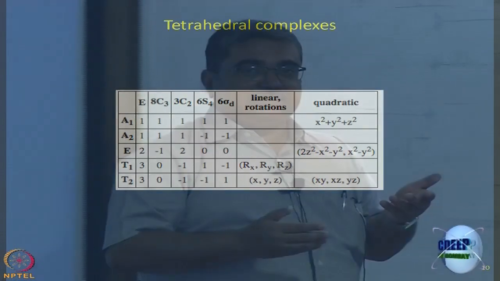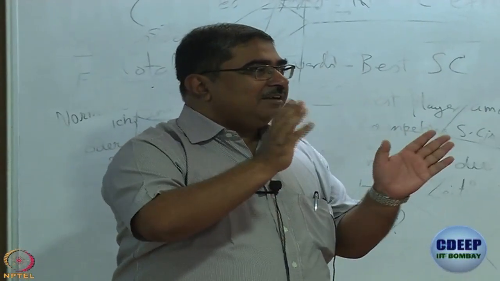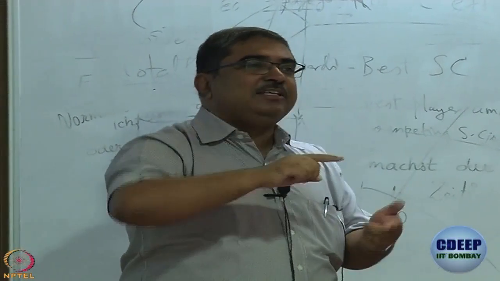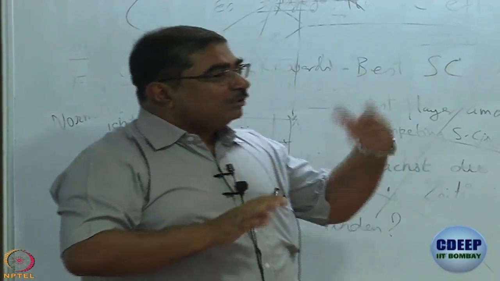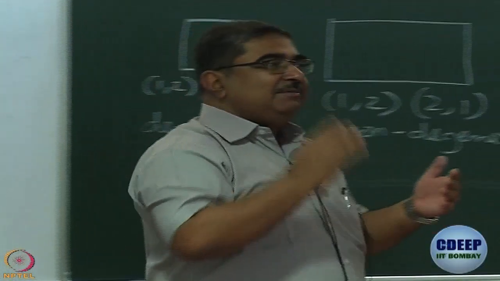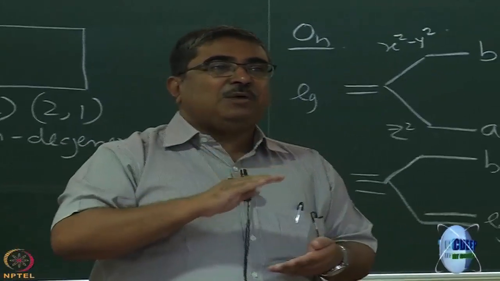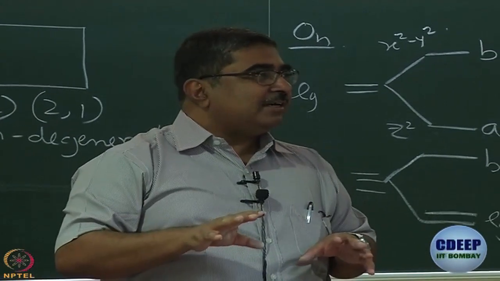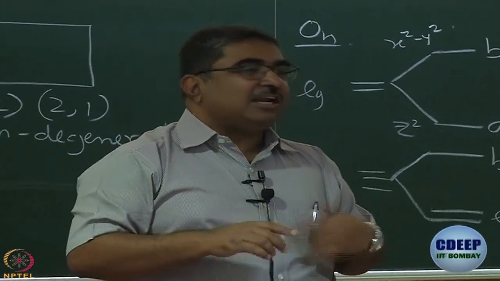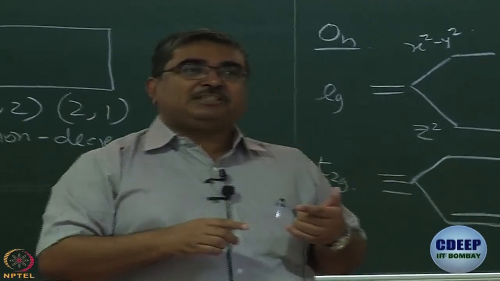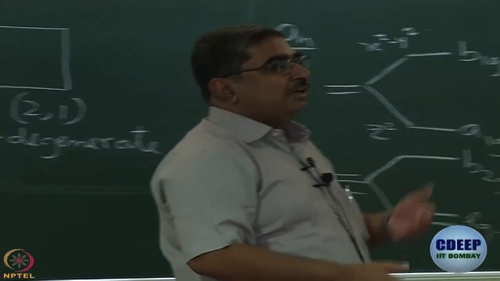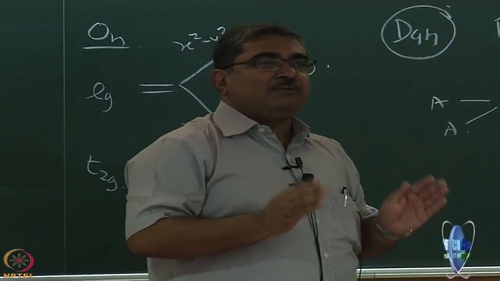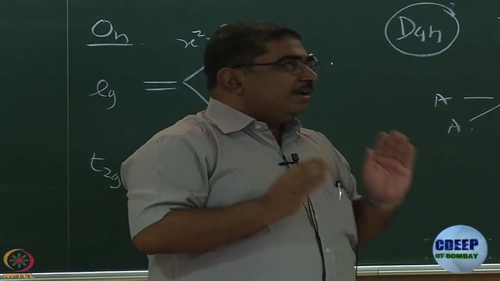It will be exactly the opposite, because now the ligands are disposed between the axes, there is no along the axis approach. Okay. So, what I am trying to say is that symmetry tells you what to expect, it tells you groups of how many orbitals you will get, but it does not give you the last word. You still have to think of electrostatics to understand which orbitals will have lower energy, which orbitals will have higher energy. Okay. So, this is how symmetry can make quantum mechanical problems simpler, right.